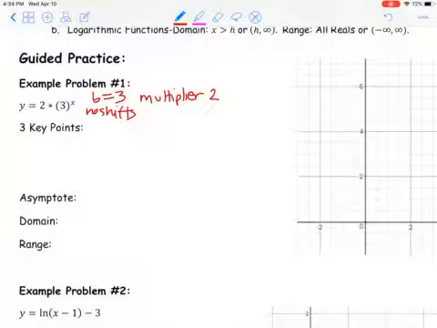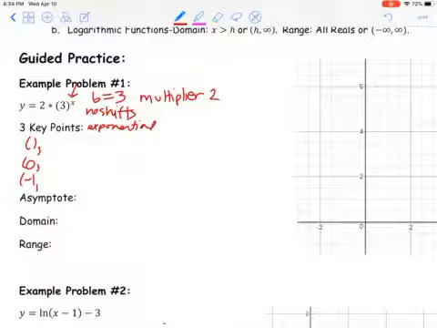Our key points here: x, there's no log, x is an exponent, and so we're going to use the exponential key points, which were negative 1, 0, and negative 1. And 1 always goes with b, 0 always with 1, and negative 1 is always with 1 over b. And then we're going to take the y's,